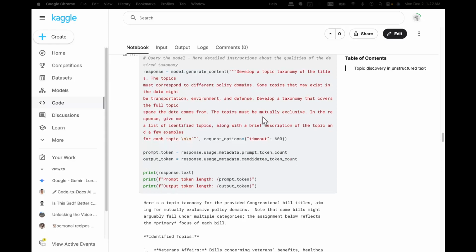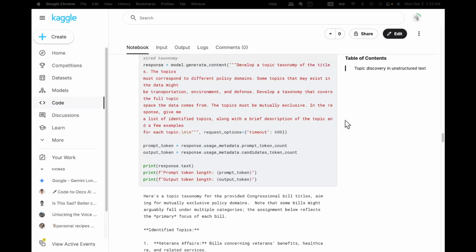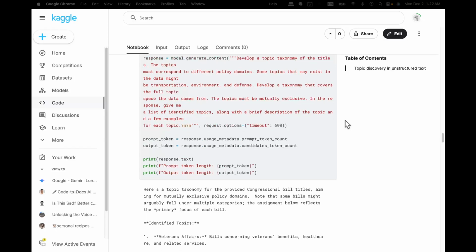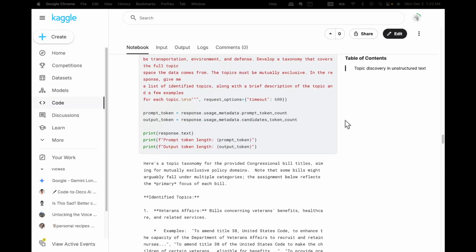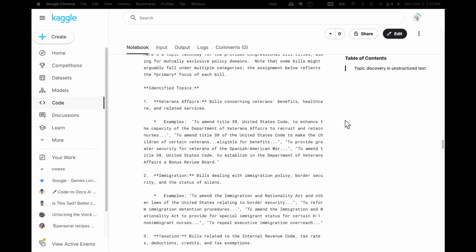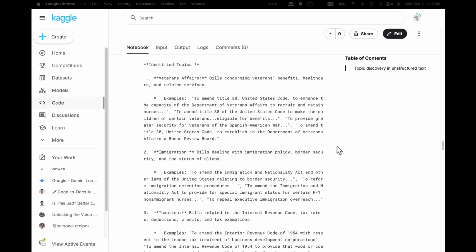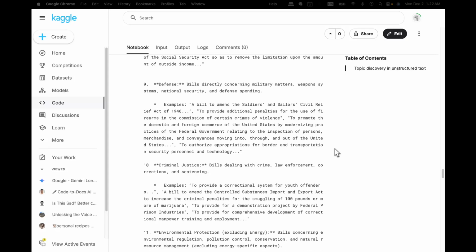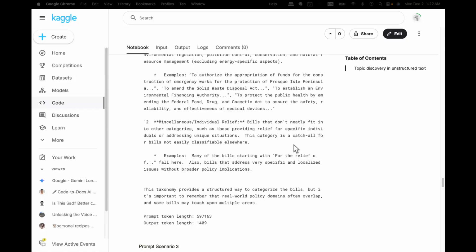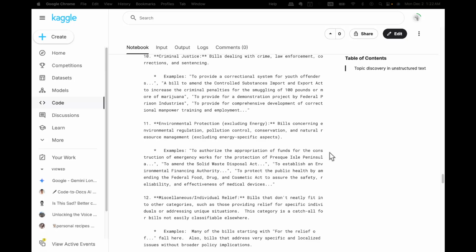And I give those three starting examples and ask the Gemini 1.5 Flash model to extend that list and come up with a more comprehensive list of topics using the data. And here in this scenario, it identified 12 topics,